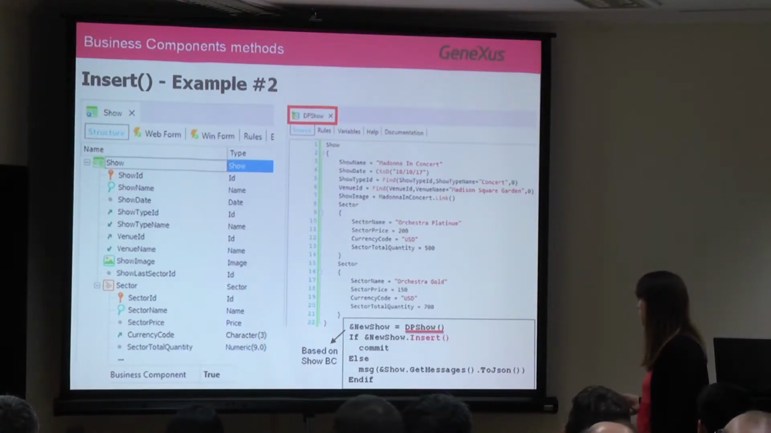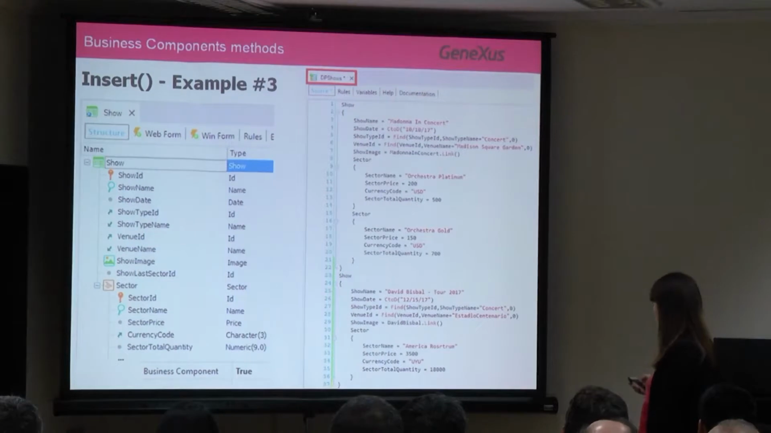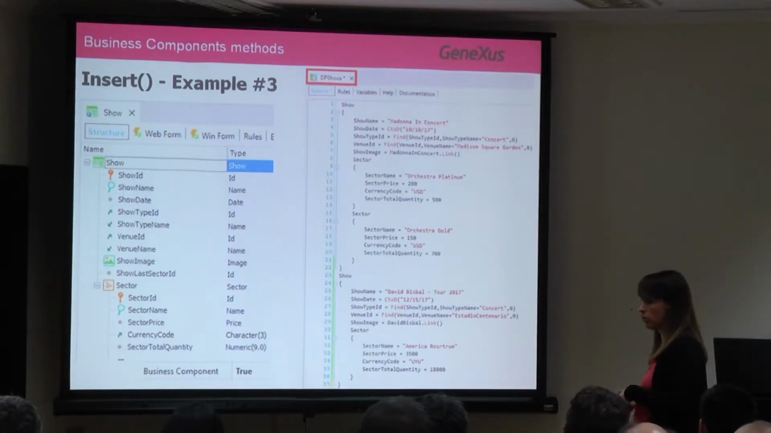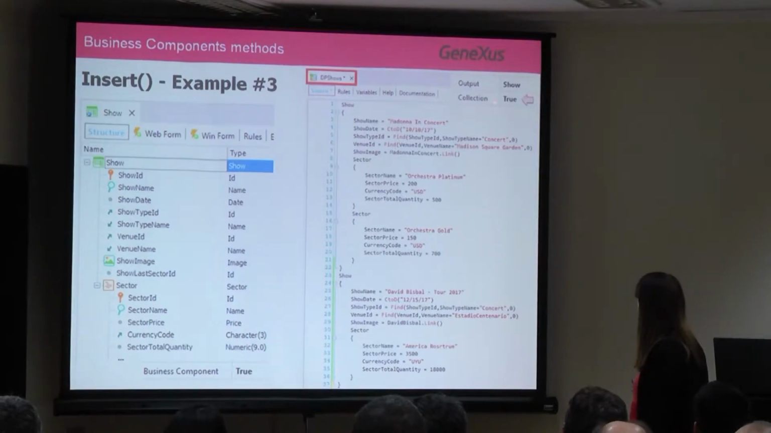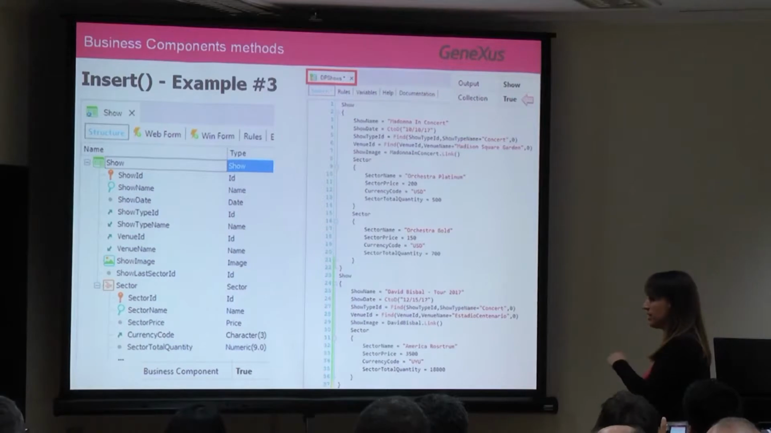Now, let's upload a collection of shows. We want to insert several shows and its sectors. And it's more or less the same thing. What I did was to create the data provider, which is now called DP shows, and I have dragged the show transaction here, included the data of the first show with 2 sectors, then the other one with 1 sector, and the difference with regard to the other data provider is that here I turned on the collection property to